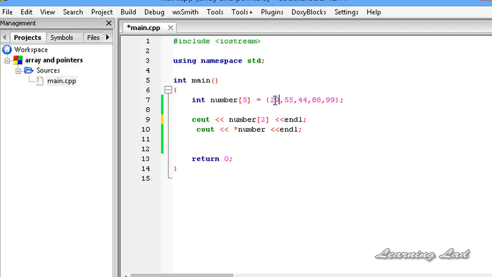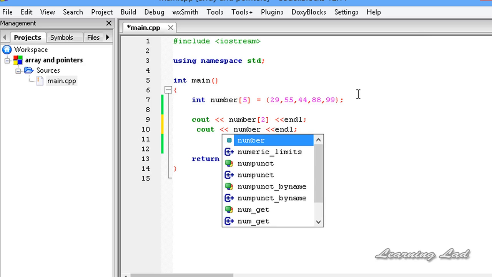Also the array elements are stored in continuous memory locations. So what we can do is add some number to this starting address and get to this third element. To do that we need to write